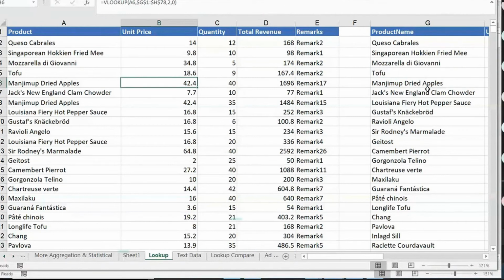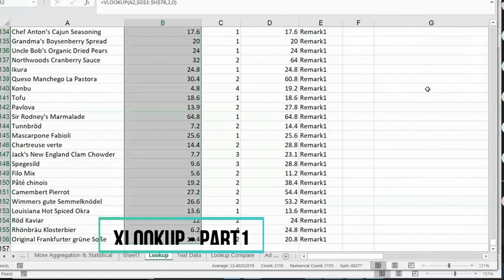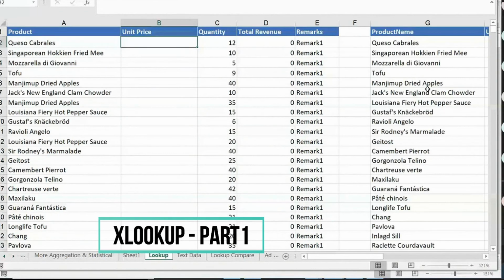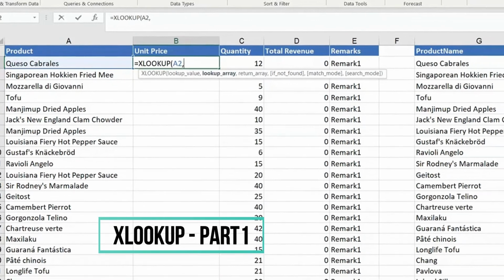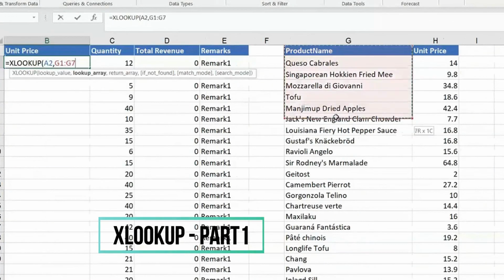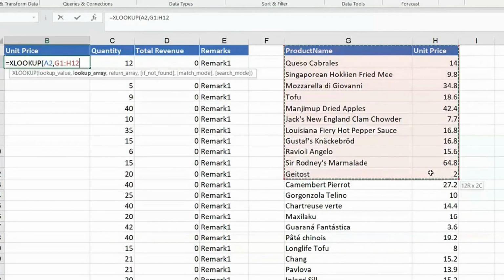First I'll show you the XLOOKUP basics, okay? Guys, it's available only for Office 365. Just remember that. XLOOKUP. Lookup value is this. Very, very simple inputs. Lookup value is this. Comma. Lookup array. Now you have to remove from your mind the way you use VLOOKUP. In VLOOKUP, what is the lookup array? We start from the search column, and we go up to what you want to get. All this we do, right?